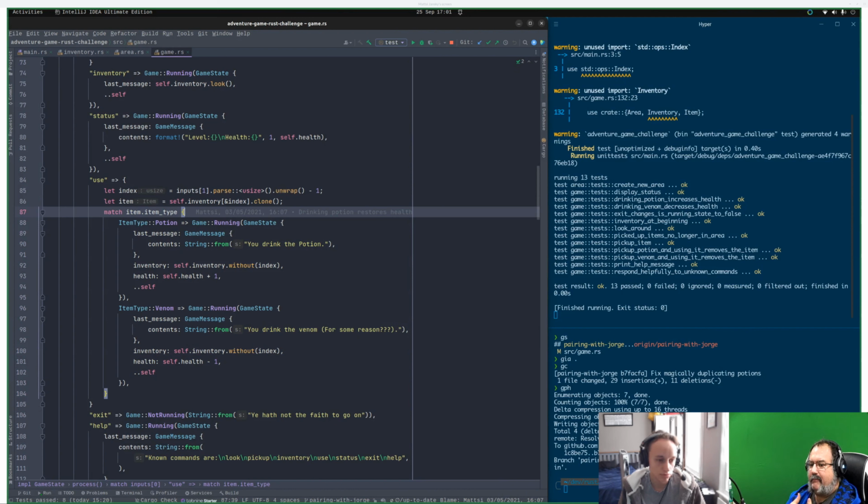Yeah, but maybe in the future we have some item that doesn't get consumed. You are using, I don't know, some kind of magical stuff. Maybe it has a recharge time or something like that. Yeah, but it is not consumed from the inventory. So I think that there is something wanting to come out from here at some point in time. Yeah, I agree. It's some kind of concept here.